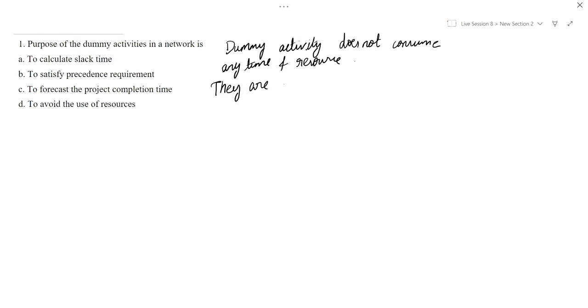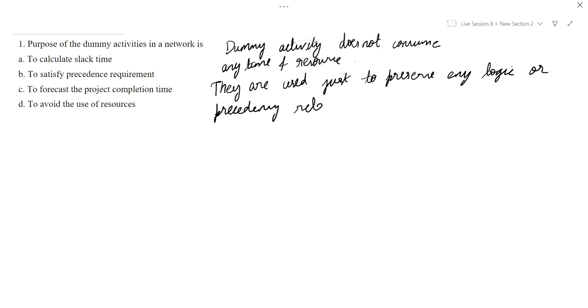They are used just to preserve any logic or precedence relationship. So the correct option is option B, to satisfy precedence, and this is shown by dotted lines in the project network,